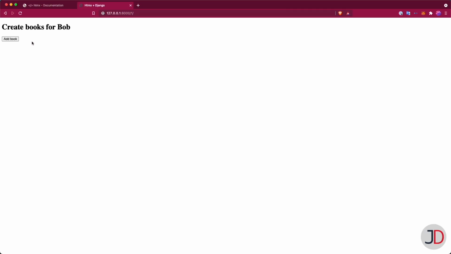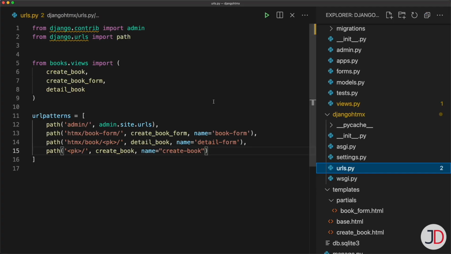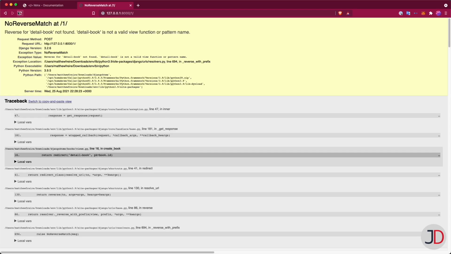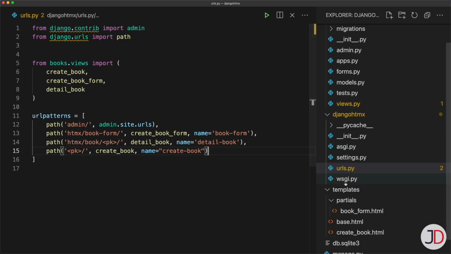We'll refresh here, add a book. I can add a title here, and I'll put the number of pages as 1, let's just say. So we'll test this out, hit submit. And let's see, we get an error here on the name of the book, which needs to be detail book, not detail form. And we can actually try and resubmit that. Right, this time getting the template error, so that's going to be